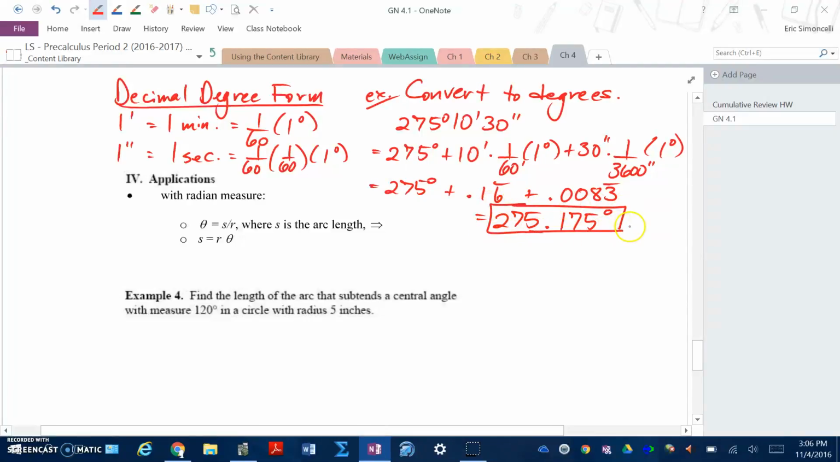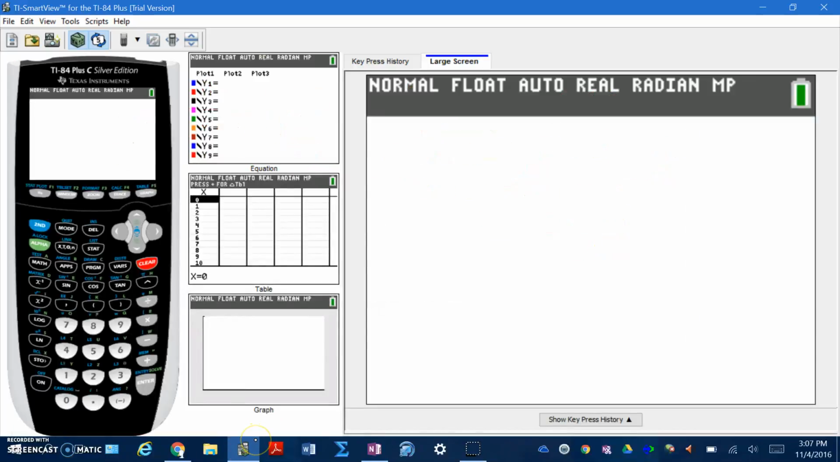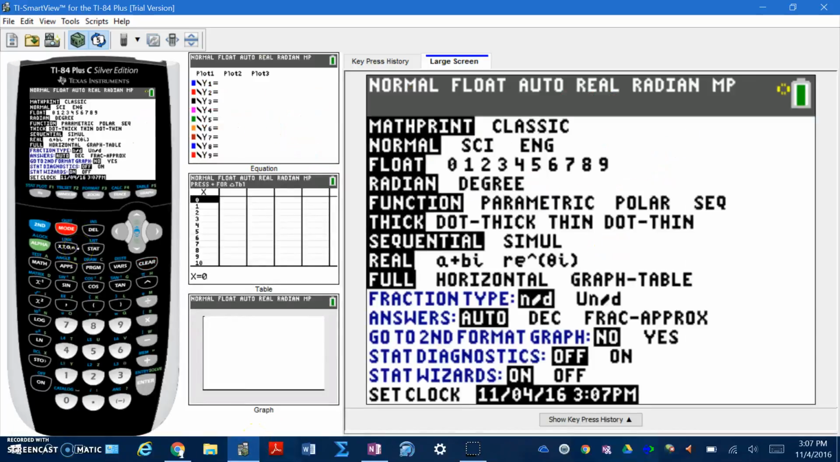275.175 degrees. Now what we can do is actually check our answer on the graphing calculator in a way in which we actually work backwards to prove that 275 degrees, 10 minutes, 30 seconds was our starting point. So we go to our calculator, and I'm going to go to my mode here. Now my mode is set to radians, but I could also set it to degrees. It's going to work either way. Just for the sake of staying with the same mode here, particularly with degrees, we'll go ahead and change it over to degrees, hit enter on degree,